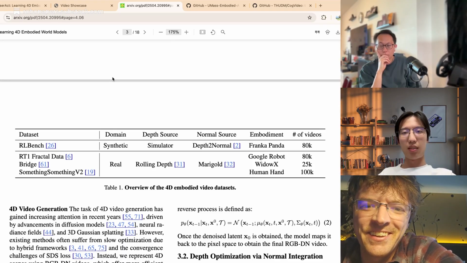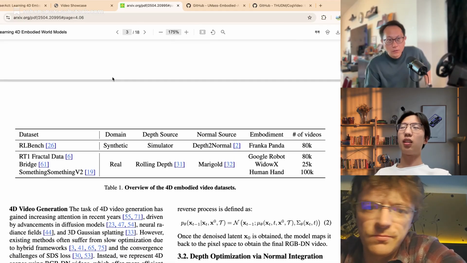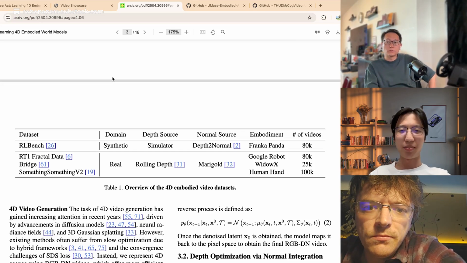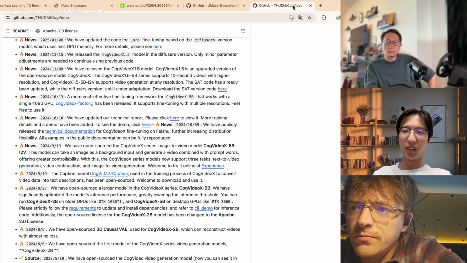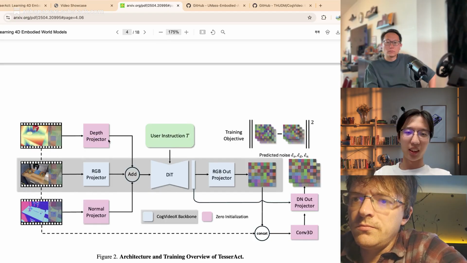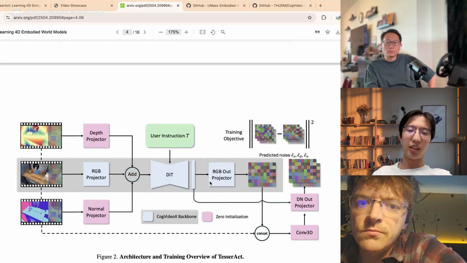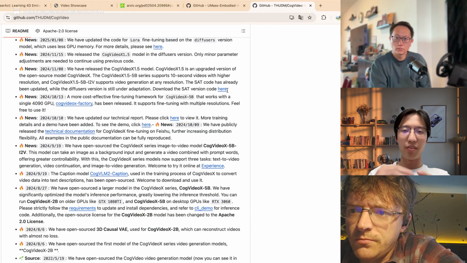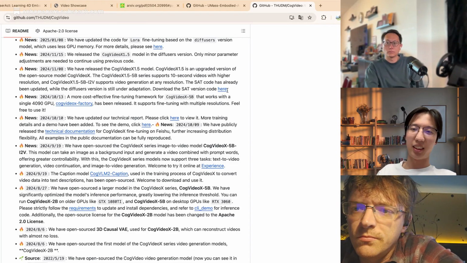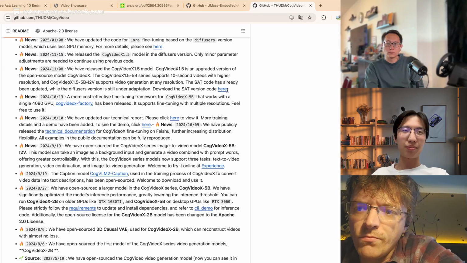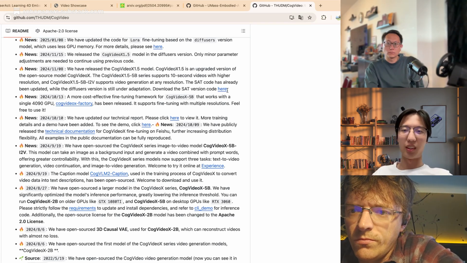Okay, yeah. And I also recommend, in a very early stage of our project, we tried to use LoRA fine-tuning on CogVideoX only. Here, we add many projectors and many new modalities to 2D video diffusion models. But if we don't add these modules, we can use LoRA fine-tuning on 50 videos to get really good results.